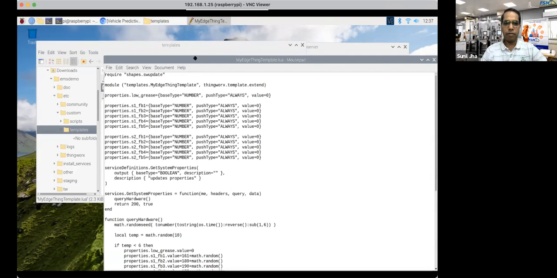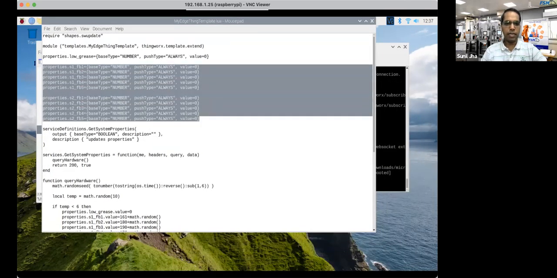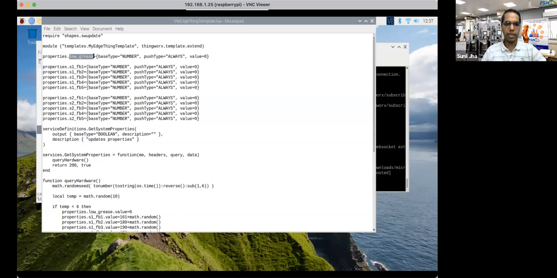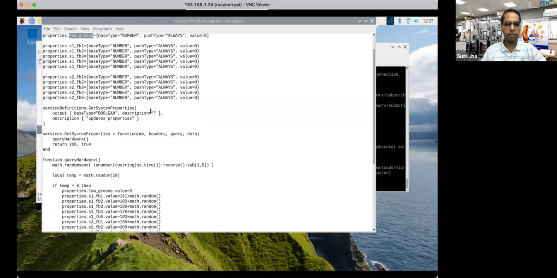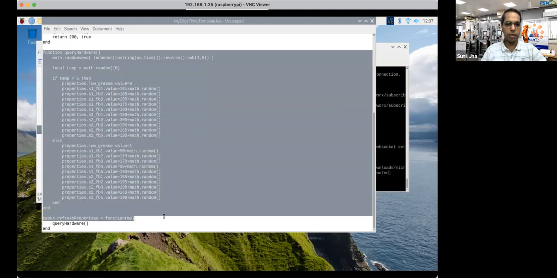This is something which I was just explaining in the text. So these are all properties that are being created: 5 for sensor 1 frequency band and 5 for the sensor 2 frequency band, and there is a property which is a low grease indication, right? That is what is coming. And this is how you will be generating this data using this function, query hardware.